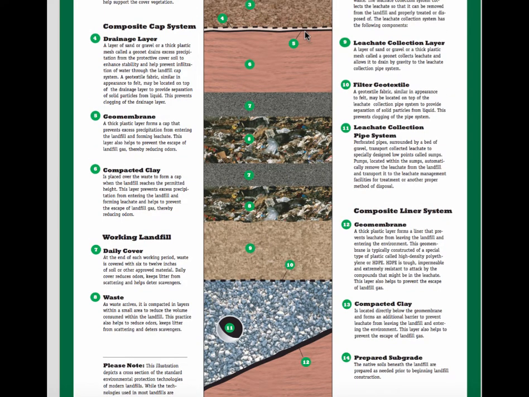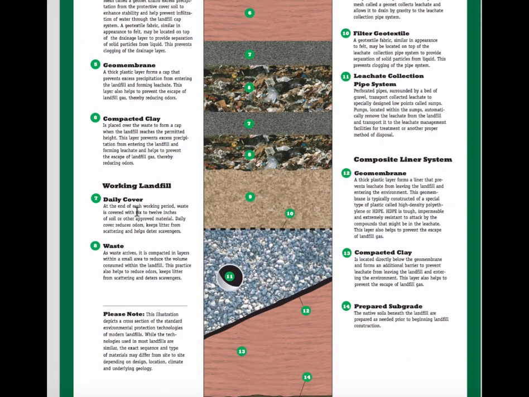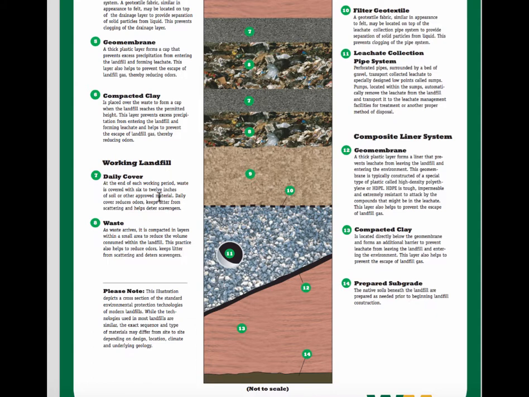And this is going to be placed over the waste, where you have your waste here and waste here. And that is to form a cap, in order for the landfill to reach the permitted height. And this layer prevents the excess precipitation from entering the landfill. You have your daily cover, and this is going to be for each working period. So for example, at the Huntsville site, every day what they do is they have your layer of trash, and then they're going to have the daily cover, and they cover it, and you can only have so many levels to where you have to cap off the landfill.